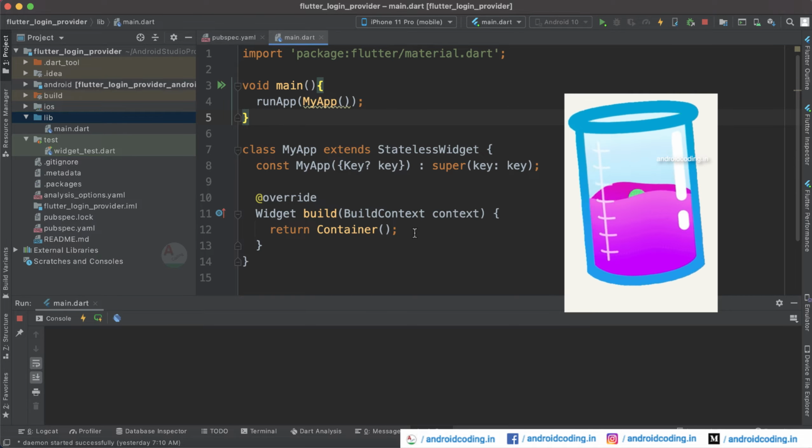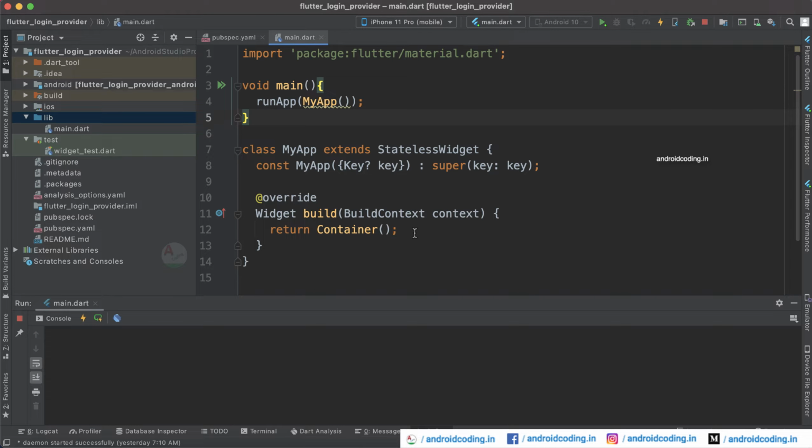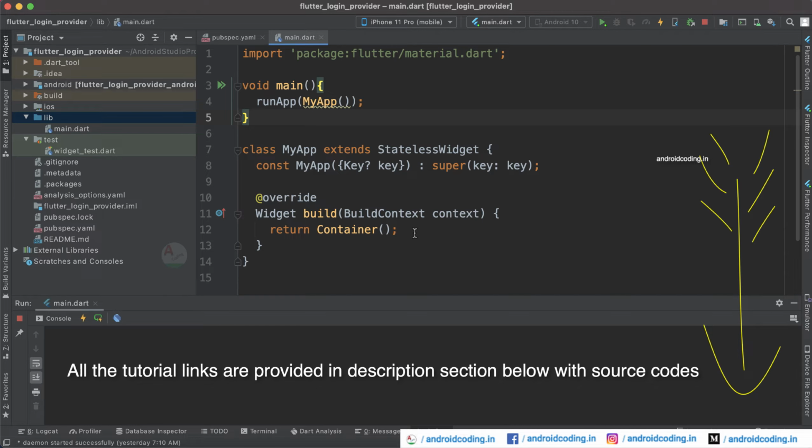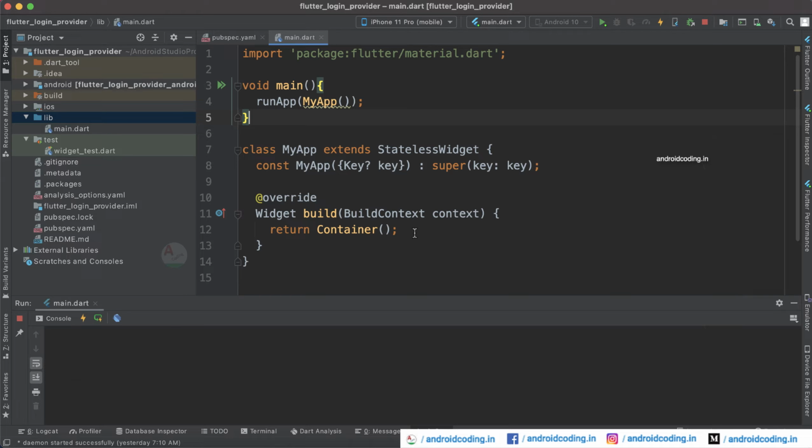I'm asking you to create an application that will make use of a provider and implement a login mechanism. You can also store the data in the shared preference or SQLite database, or you can just make a network call. So make any of these things, and if you are having any queries, you can just let me know in the comment section below. I will surely try to help you. So this is just kind of an assignment for you. So now let's get started with this particular provider login mechanism.